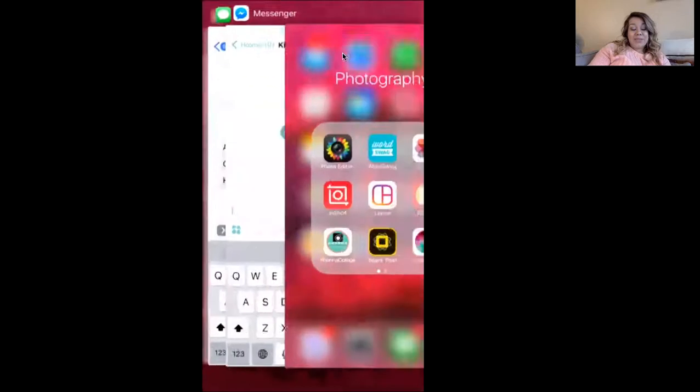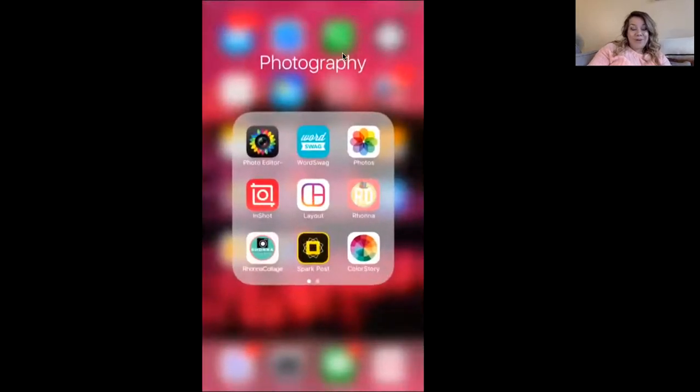So that is pretty much how I edit all my photos. If you have any questions about any of the apps, let me know. I use these daily. It is a lot of trial and error, and you have to know what you want going into it. So if you don't have a color theme,